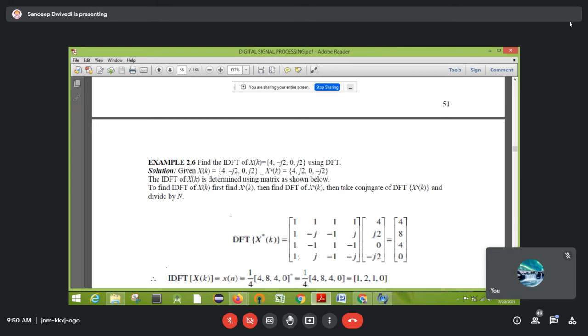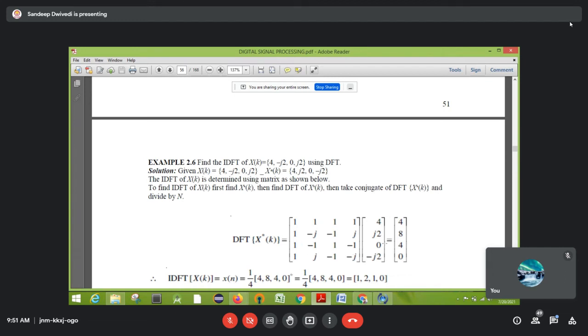So see here again, this is the same. First row, first column, you can remember all 1s are there, then the 1, j combination is there. Again all are 1, 1, 1, and then the 1, j combination. In the second column, the middle terms are negative, and in the last column, the last terms are negative; leaving one element, one will be negative. Okay, so like this is your twiddle factor matrix.